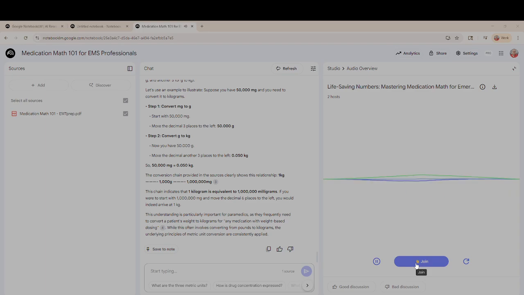You know, the core of what we're talking about here isn't merely arithmetic. Not at all. It's patient safety in its purest form, really. Every number, every single decimal point. It has a direct and immediate impact on treatment. Understanding these principles helps us appreciate the rigor. The incredible responsibility involved in emergency medical services. Oh, yeah,